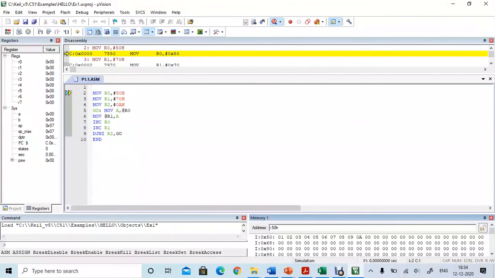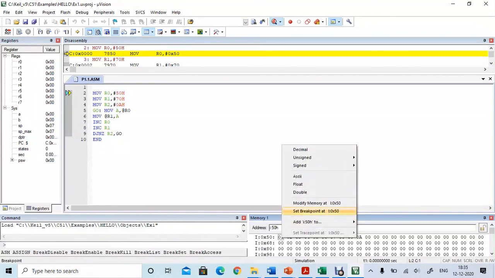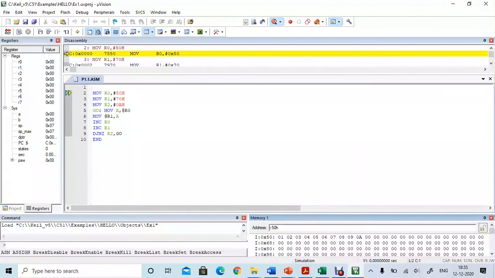This is one way of giving the input, that is each memory location you can give the input separately, or you can give the input at a single stretch. That is, right click on the first memory location and click on modify memory at, and then you can give all the memory locations input together, separating each memory location's input by a comma. Now input is given to 50 to 59H location.